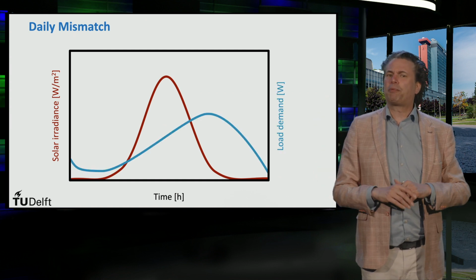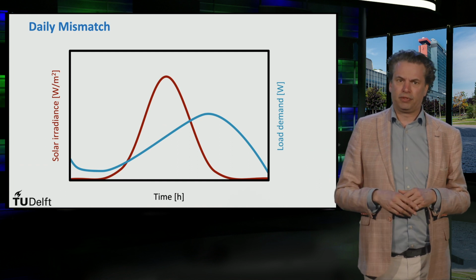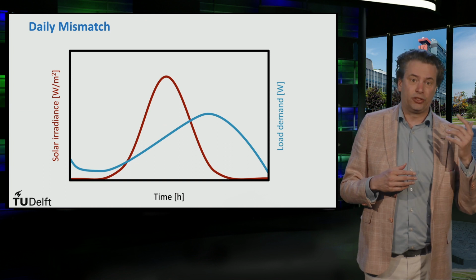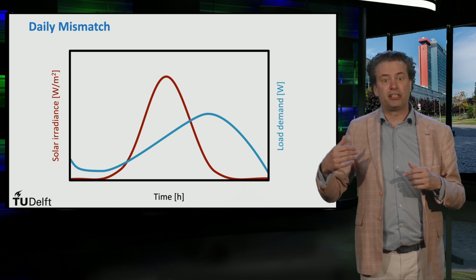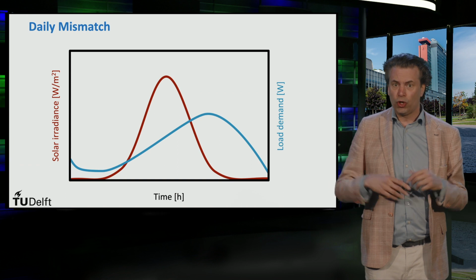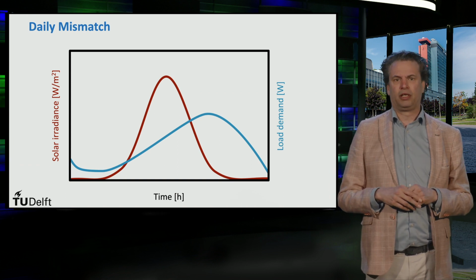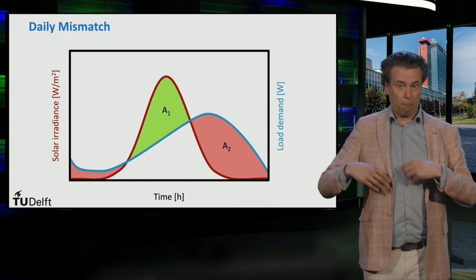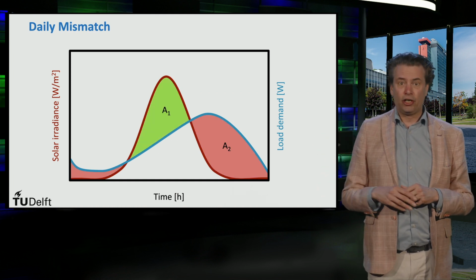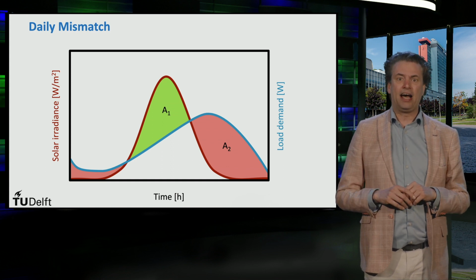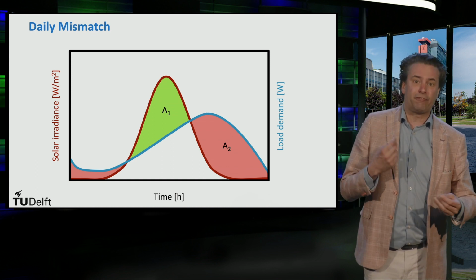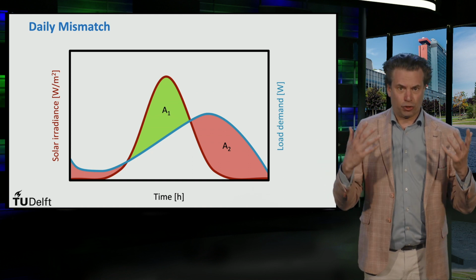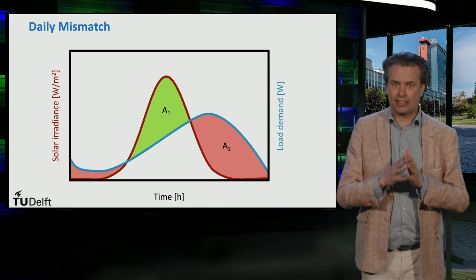Now in blue, a typical load demand curve is shown. This demand curve has been scaled such that you can equate the red curve to how much power a PV system can put out relative to the blue curve. You can see there are times of the day when the sun is providing more energy than is required, shown here by the green area, and times of the day when it's not enough, as shown by the red area. An energy storage device such as a battery can assist with this.